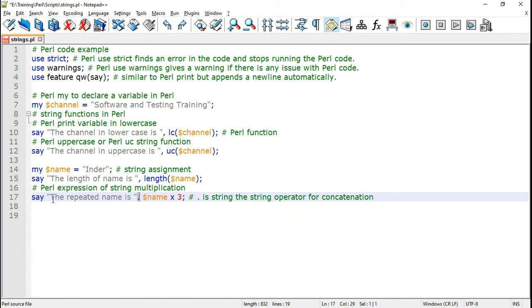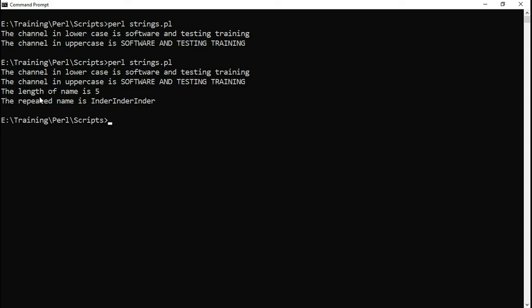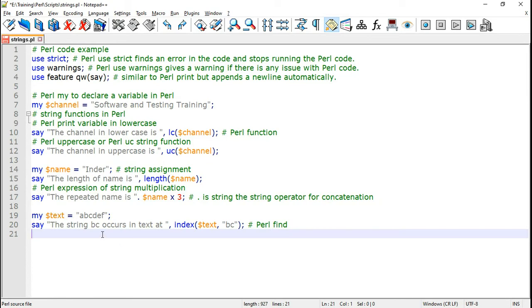So what it's going to do is print the repeated name is followed by the value in the name variable 3 times. Let me save it and run it. Now here it says the length of name is 5 and the repeated name, it has repeated it 1, 2 and 3 times. Next, I've created another variable text and it contains A, B, C, D, E, F.